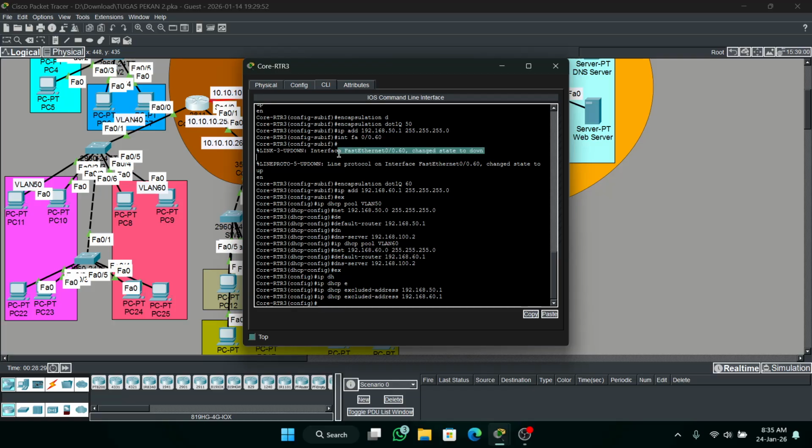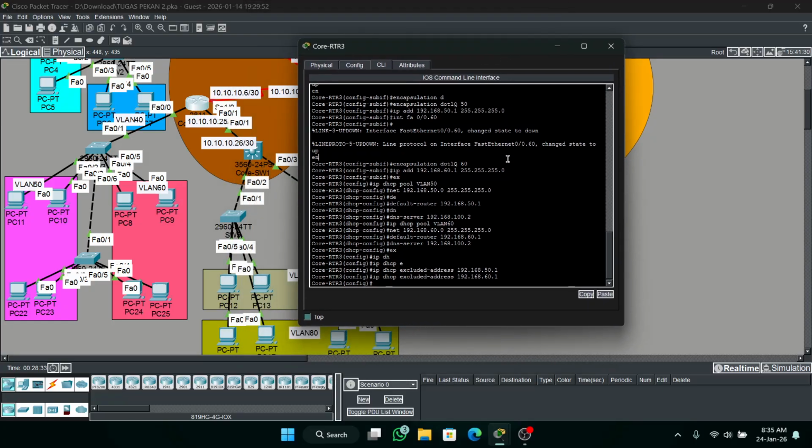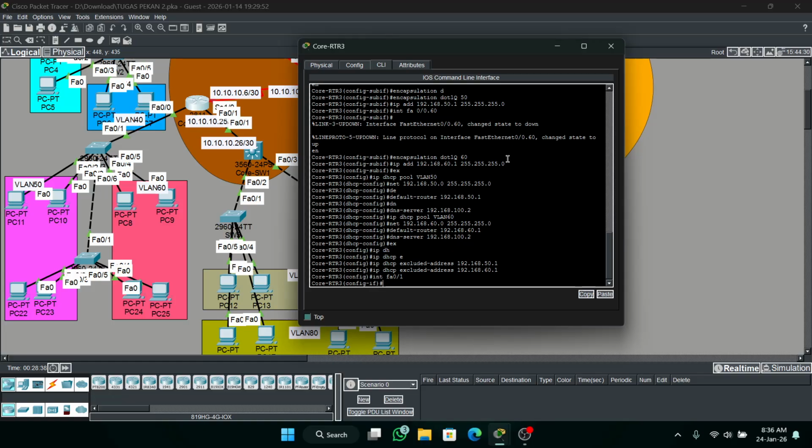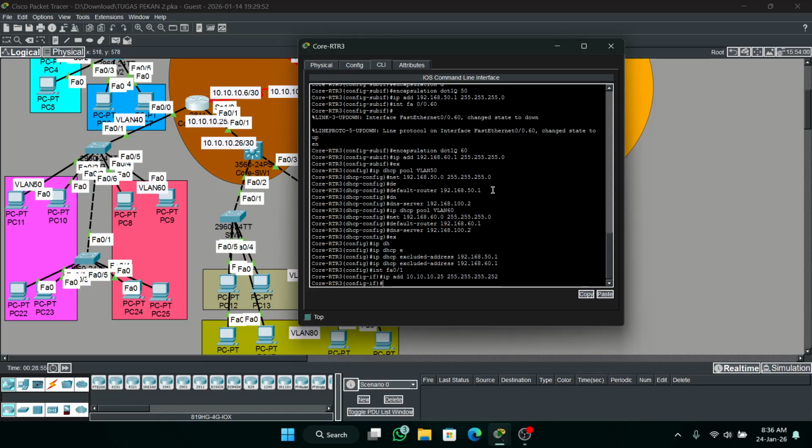First I will add the IP address: interface vlan 1, ip address 10.10.10.25, and this is a /30, so the subnet mask is 255.255.255.252. Okay.